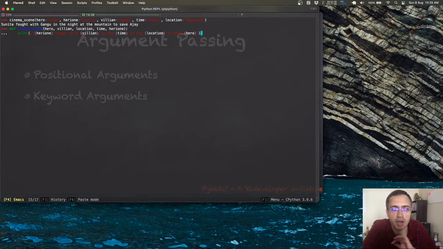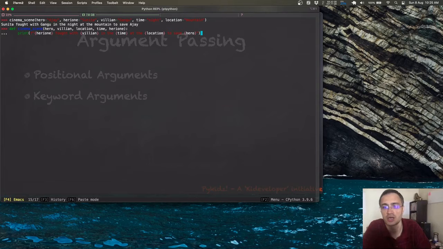So I brought heroine right in front after hero, and therefore everything changes, right? So villain, which is defined in the second position, is being sent in the third. Time, which is defined in the fourth position, is sent in at 4, but location, which is defined in third position, is sent at 5th.